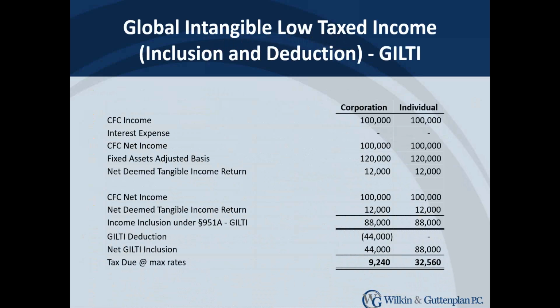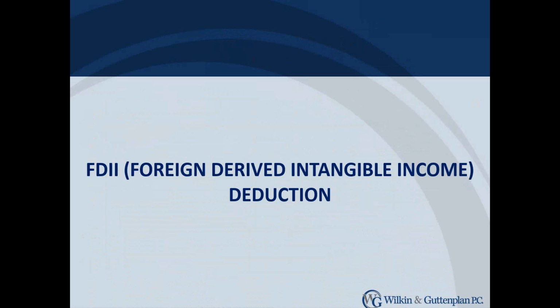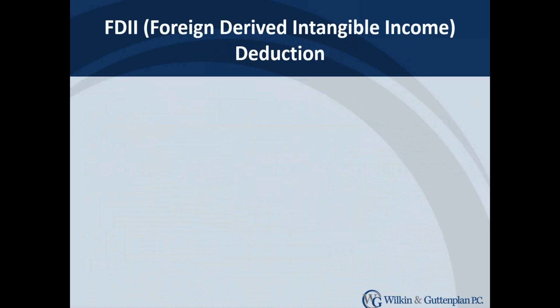So that was kind of the bad news about GILTI. Now we're going to talk about some better news, and Darko gets to talk about that. Here's another new term for us, the Foreign Derived Intangible Income, FDII or FDII deduction. This new terminology is put in place, or new tax law, to kind of aid the U.S. corporate world for any income that is earned or provided in a foreign country.